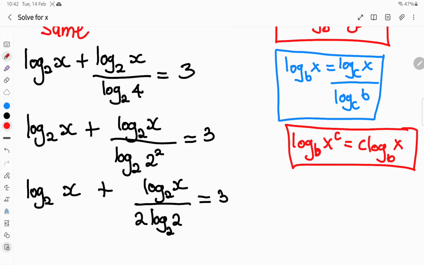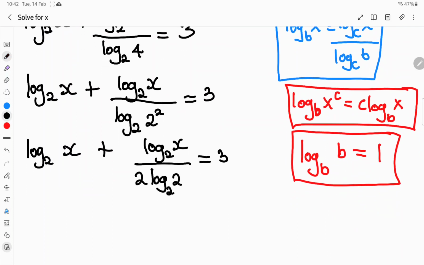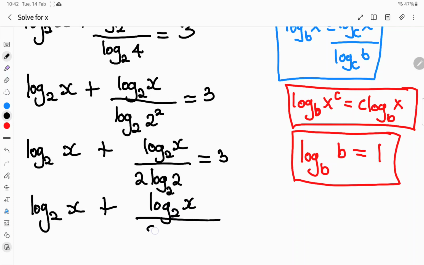Then remember another law of logs that says log base b of b is always equal to 1. These are some of the laws you need to remember. So now this becomes log base 2 of x plus log base 2 of x over 2 times 1,